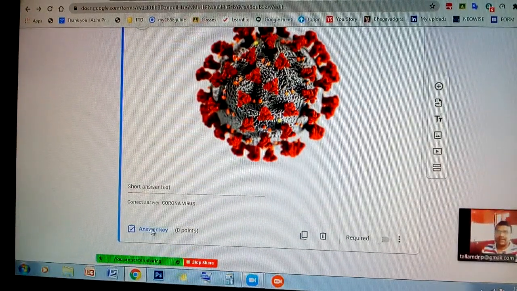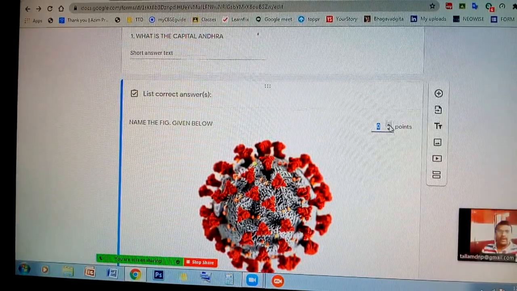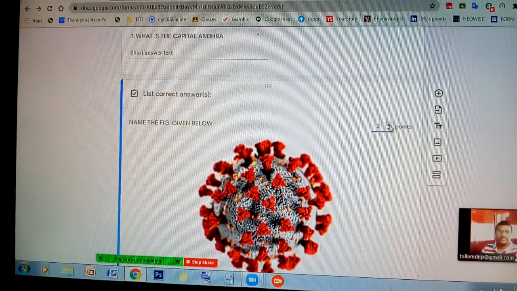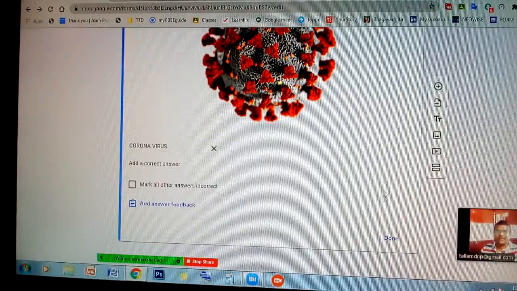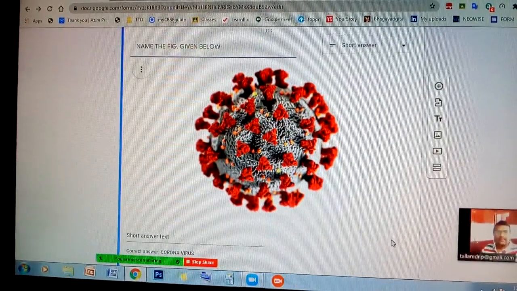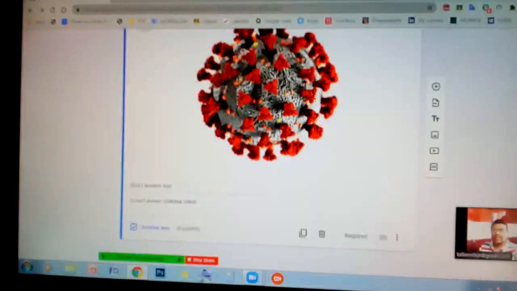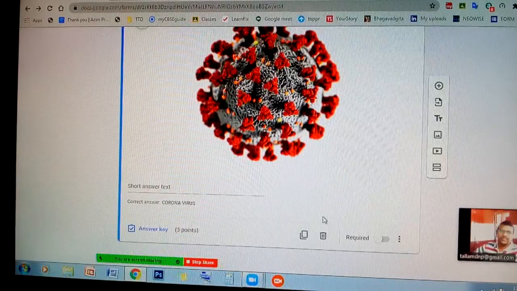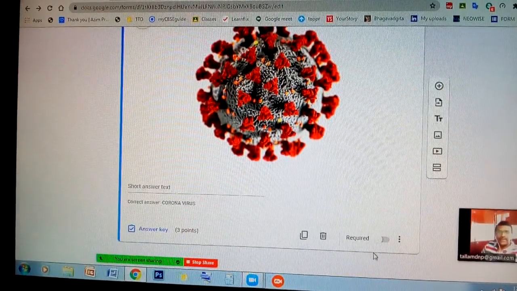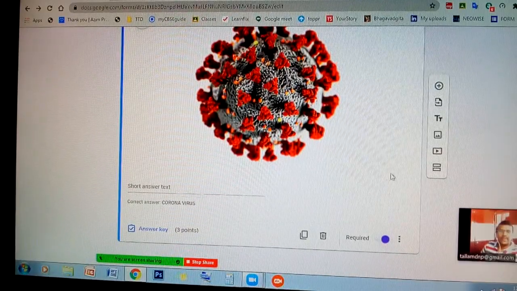Once again click answer key. There the marks scoring column will be there. You select 3 marks. Then once again done. If you are in a hurry and by mistake forget giving marks, then by opening the answer key you can do that. And after that select required and make it compulsory.